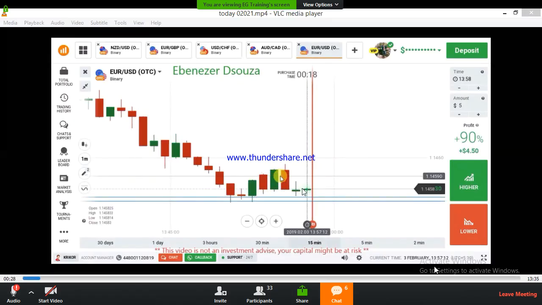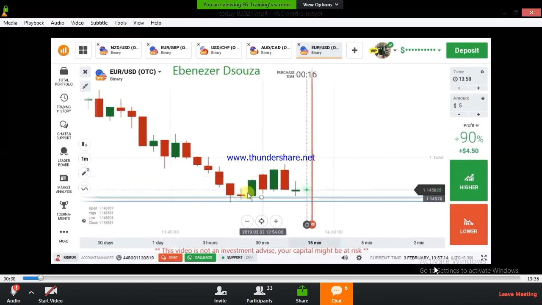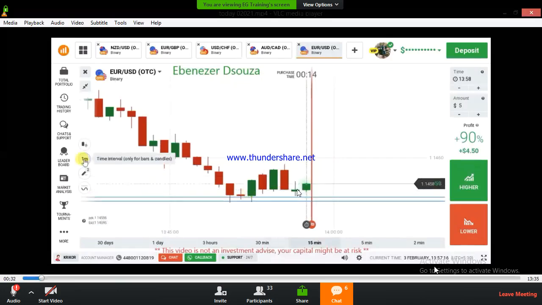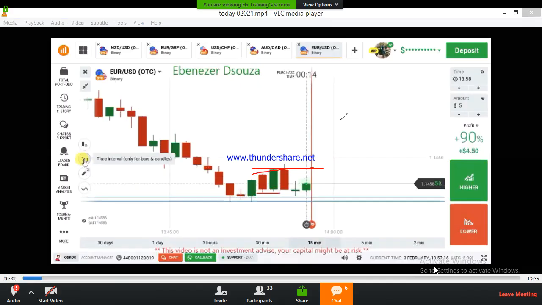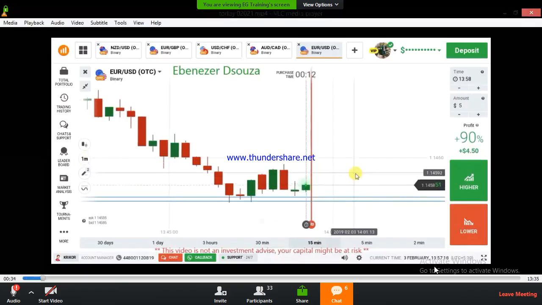If we get any confirmation, already we are seeing rejections from buyers. Already we are seeing a bullish candle, a sign of buyers entry in the market. Still the buyers are active in the market here, and the candle closing point is at the buyers area. This is a sellers area. We can go with sellers if the candle closed here, but the candle closed at the buyers area. So we can go with buyers if we get any confirmation. I will show you here.